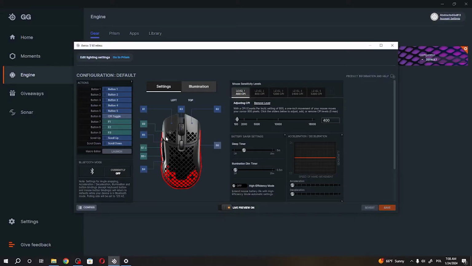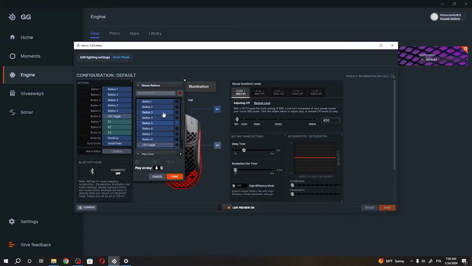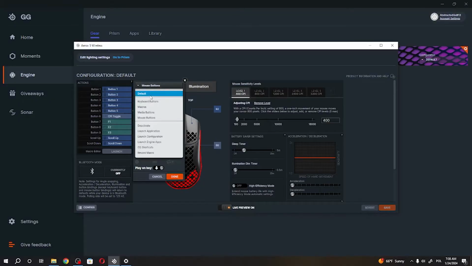So for example, let's switch it for the forward button, and I guess that's button 5. Then we can see all of the functions that we can assign right here. You can switch between mouse buttons, switch it to default keyboard buttons, macros, the media buttons, deactivate it, launch specific applications with that button, launch specific configuration with that button, then launch Engine apps, OS shortcuts, or we can start